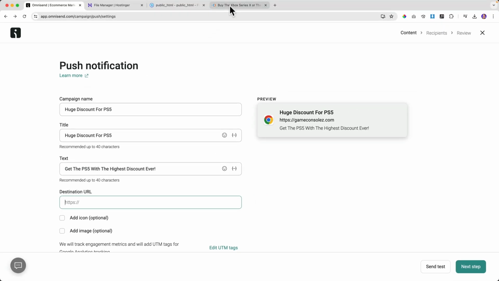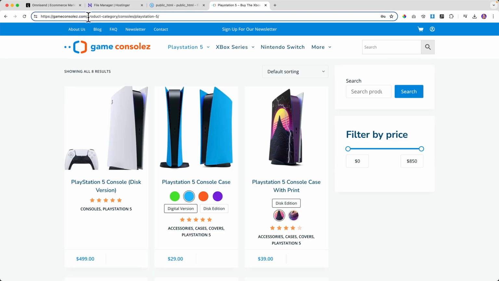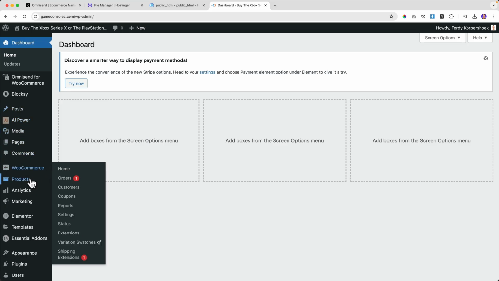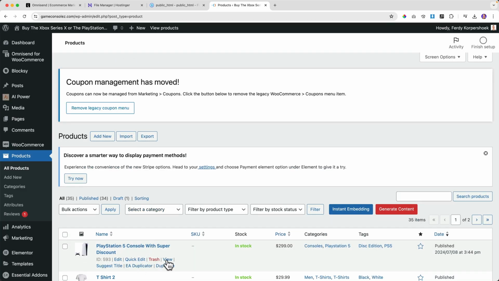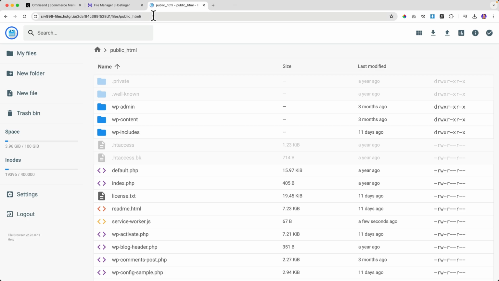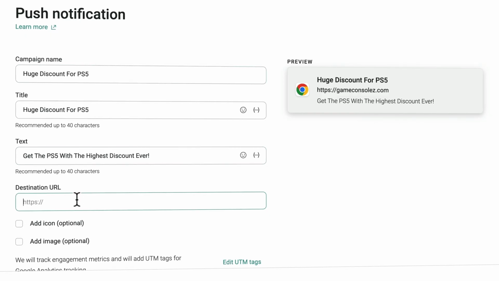Destination URL. Well, how about we log in and I go to the products and I view this product. I copy that link and I paste it.